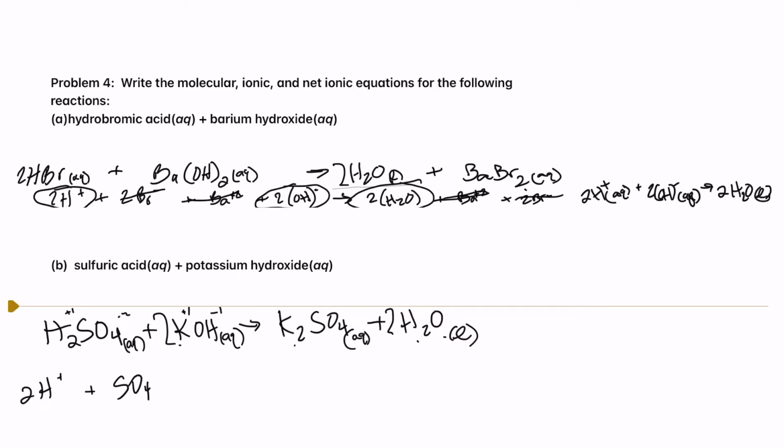So we'll write our total ionic equation here. We've done most of the pre-work for that already. We had 2 hydrogens, we had a sulfate. Hydrogen again was +1, sulfate was -2. You can get these from your polyatomic ion sheet if you need to. The group number denotes the cation charges.